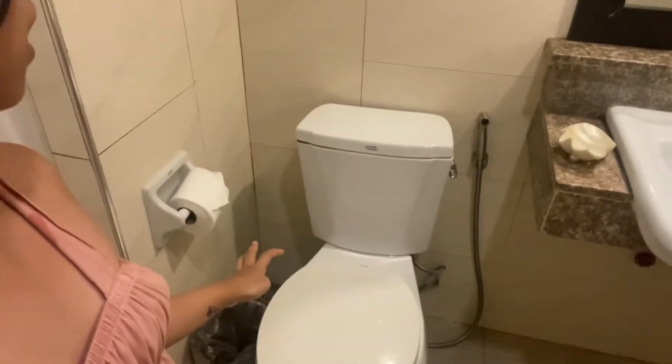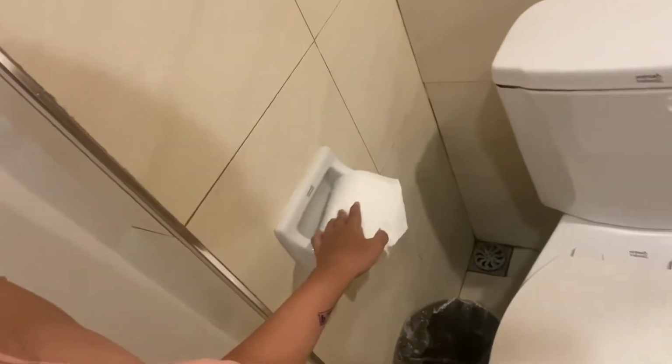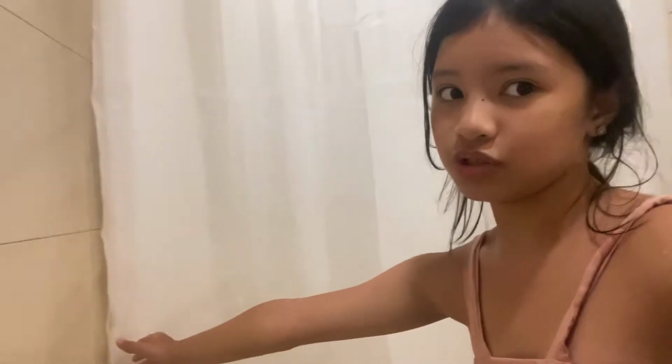It's so clean. This is the shower thing we're putting in front. And this is a trash can and toilet paper. And towel. And shower. I have to close the shower. Okay. Here we go. Shower reveal in 3, 2, 1. Dun, dun, dun, dun, dun. So when you walk in, I can't walk in because I have shoes on. But when you walk in the shower,